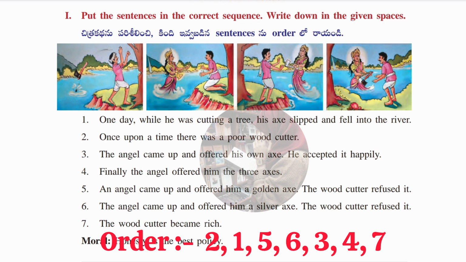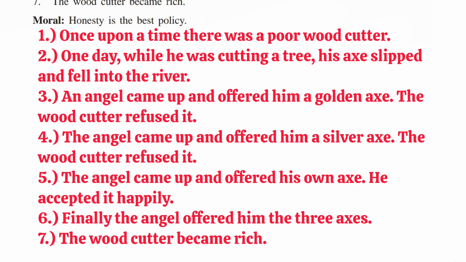So guys, here I am giving you the order of the sentences. First the second sentence will come, then the first sentence, then the fifth sentence, after that the sixth, then the third sentence, then the fourth sentence, and the last one is the seventh sentence. Okay guys, this is the way you have to write it down. First arrange the order and then write it down one by one, sentence by sentence. Okay, so I'm not going to read it, just pause the video and write it down by yourself. Okay, please don't make any mistakes while writing.